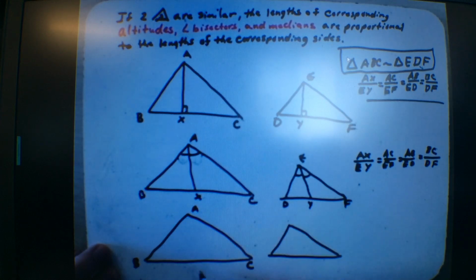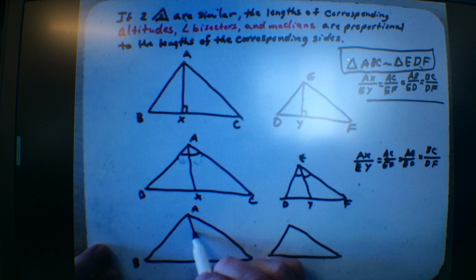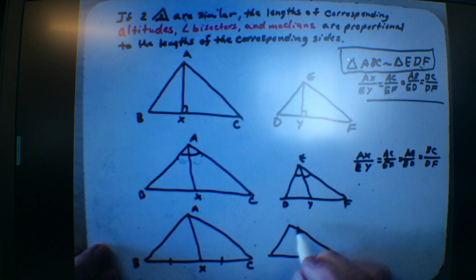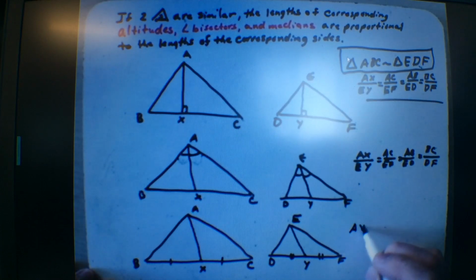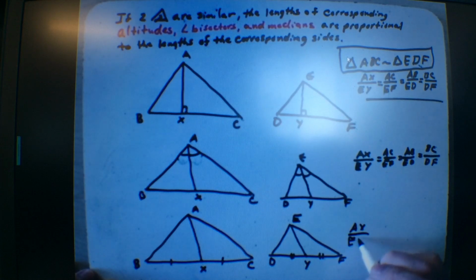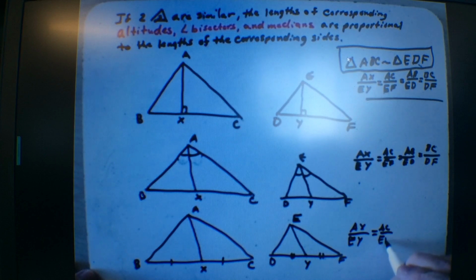But this time I'm going to go to the median. So I'm going to go to the middle point. So that means that this is X, and this is marked congruent to that. And then this is E, D, F, and this is Y, and that's marked equal to that, right? And they are not the same length. These are not the same length, so they're different. But the same thing applies, that this median AX over EY equals AC over EF